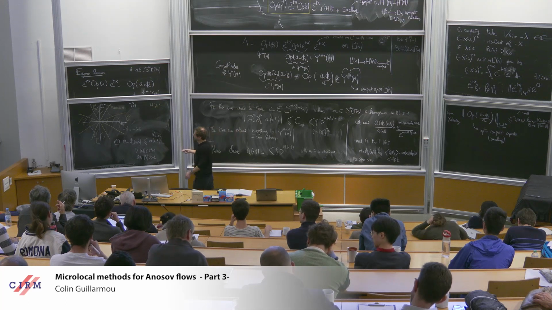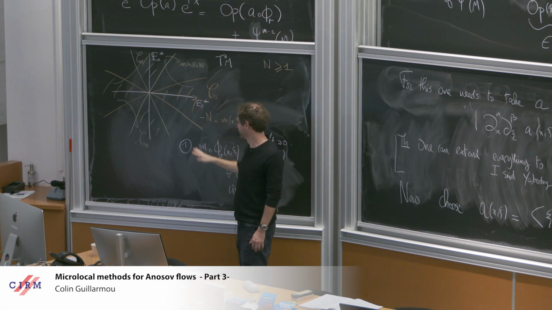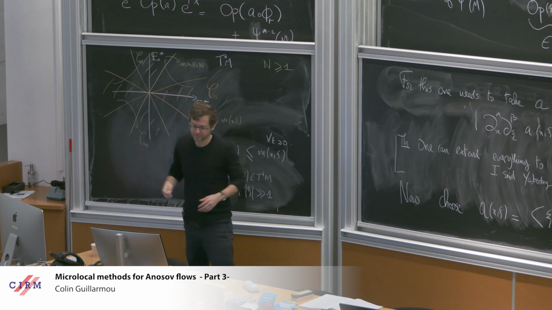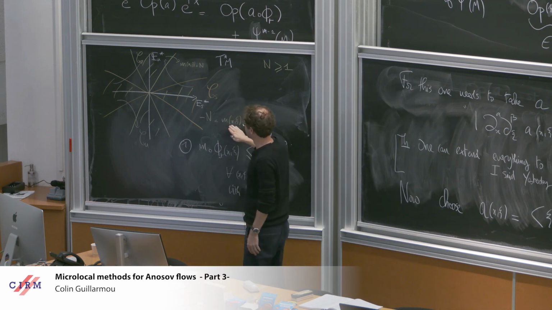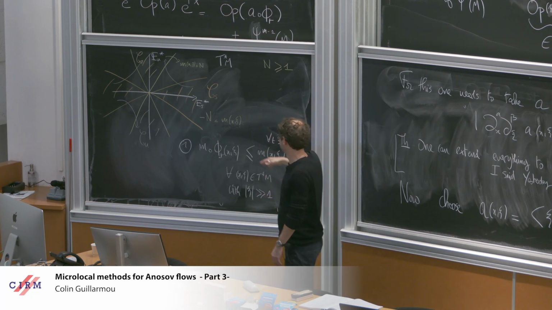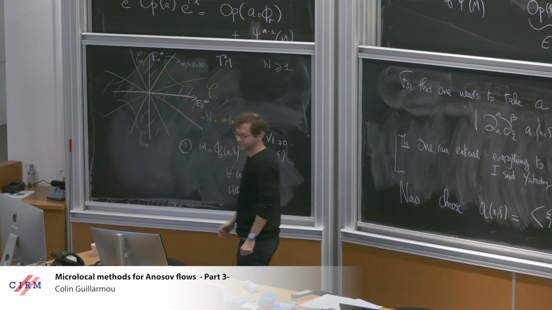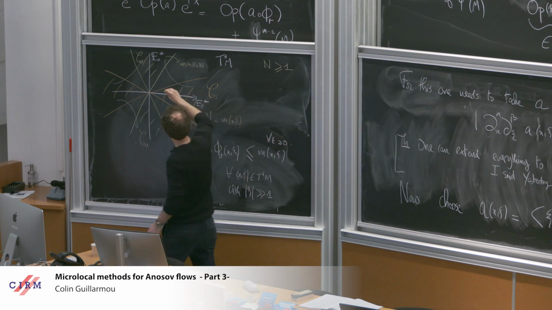So, well, you have to construct it. You use the hyperbolicity of the flow. That's not very hard. You have to decompose into cones. In the neutral direction, you choose M to be whatever you want. You can take it to be large or small. It's quite flexible. The main thing really happens here in EU star and ES star,